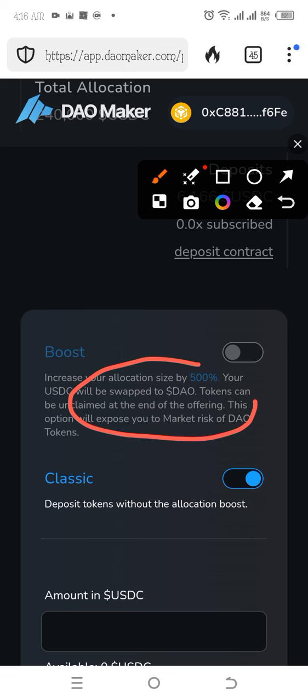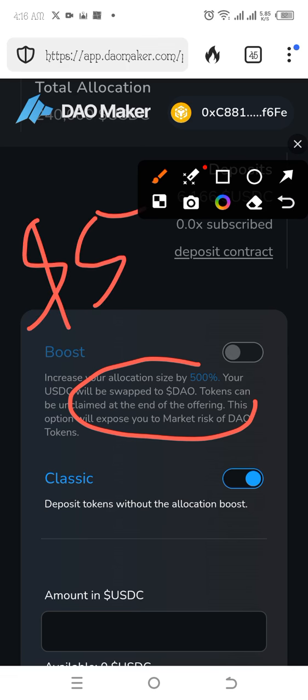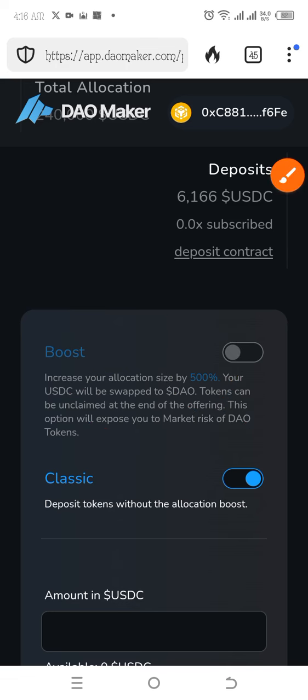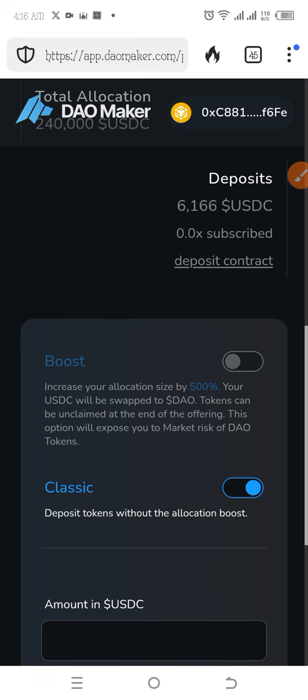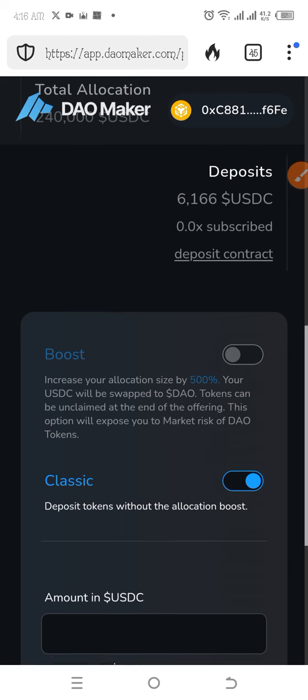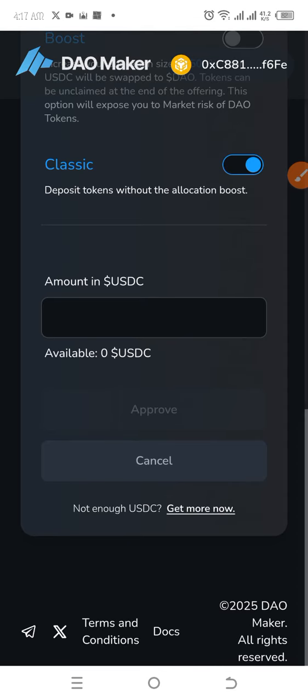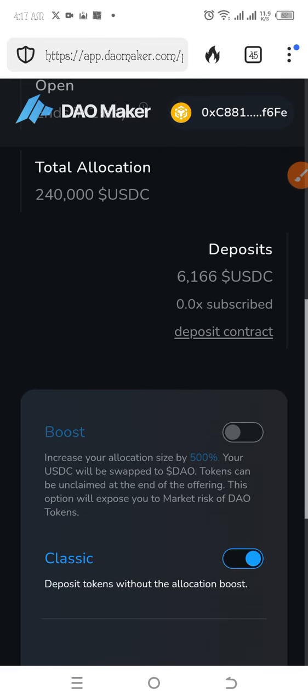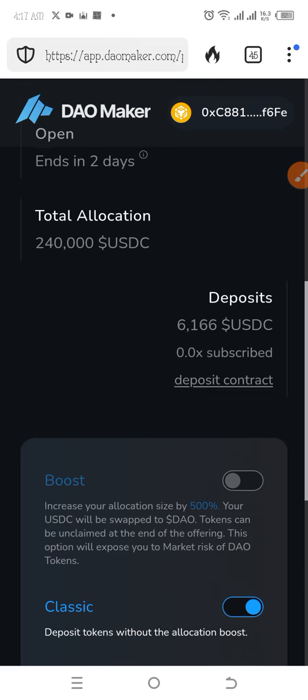But yeah, it's very good, but sometimes, let's assume you buy the coin at $5 now. If the coin increases, you will be in profit. If the coin loses value, you will be in little loss. But the advantage of buying their coin is that they are going to give you almost 500% of it. So they are encouraging you to buy their coin. So either you use it or you go straight to the point. But now I don't have funds here. If I want to deposit,